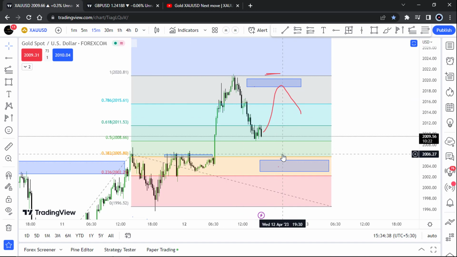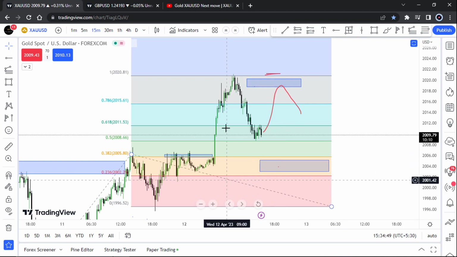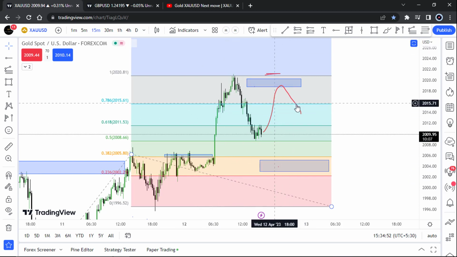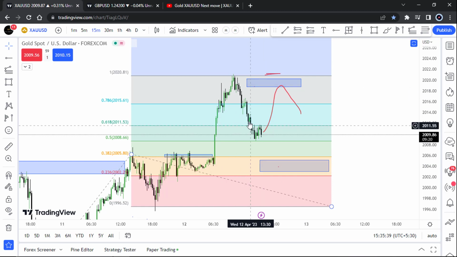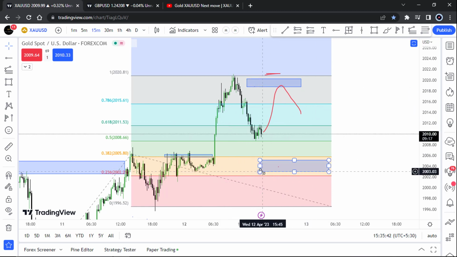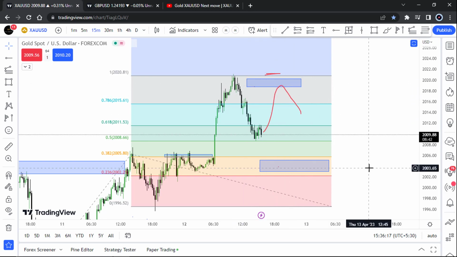In the CPI data, as forecast, they say CPI data goes negative for the US dollar. If that happens, we could see a major up move. So I'm assuming that if the market goes up because of this CPI data coming today, then this downtrend is a retest to make a new uptrend. If the market goes down, we could see it reverse around this high volume area. If the market goes up, we could see a market down reverse point for scalps around this area. So let's see what's going to happen.